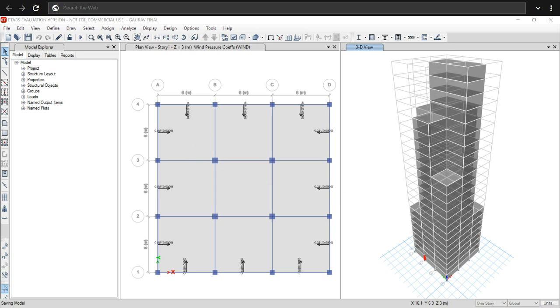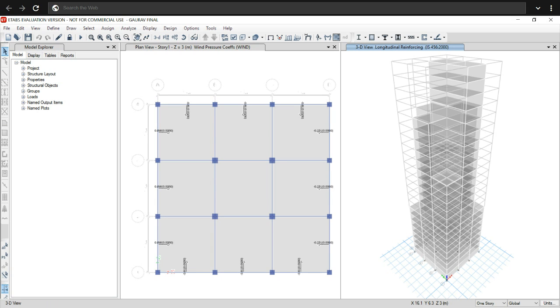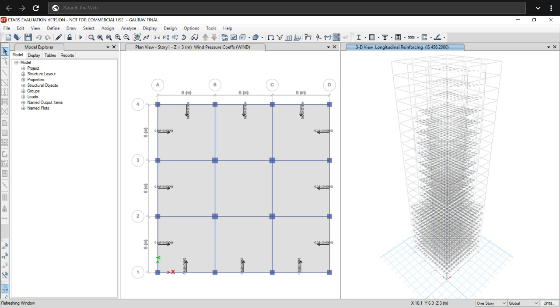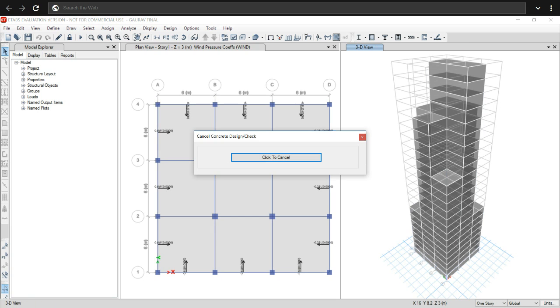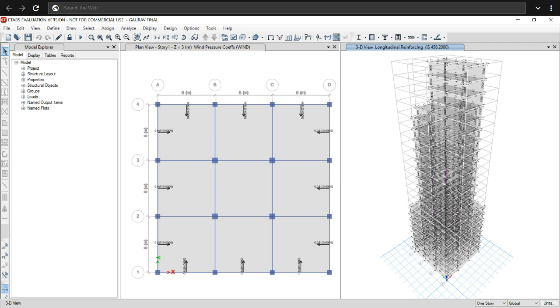Again click on yes. So as you can see, there is no notification coming.